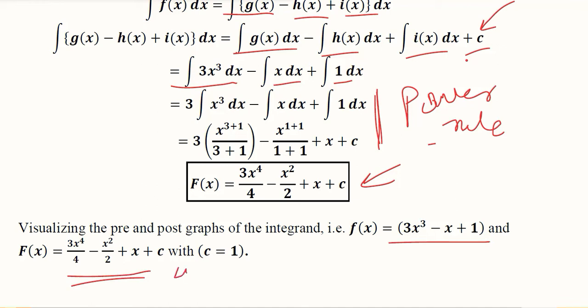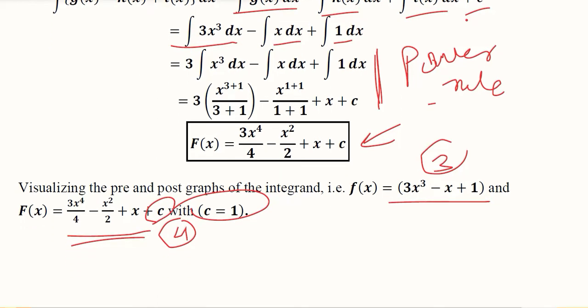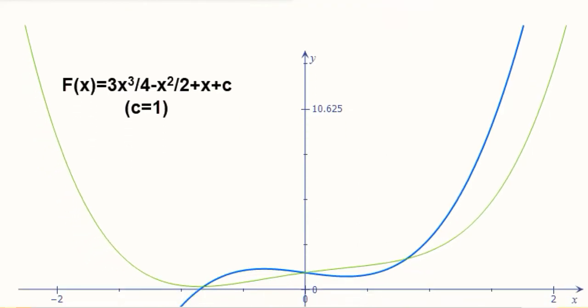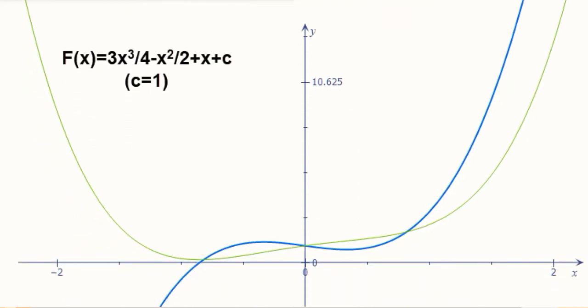So you can see the degree has changed. We started with this function, but now it has a degree of 4, whereas it was a degree of 3 previously. This constant of integration is, since it is undetermined and unknown, so we